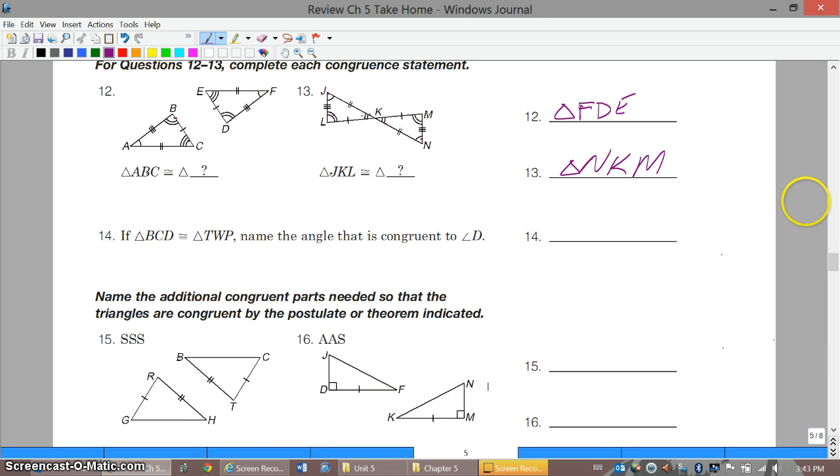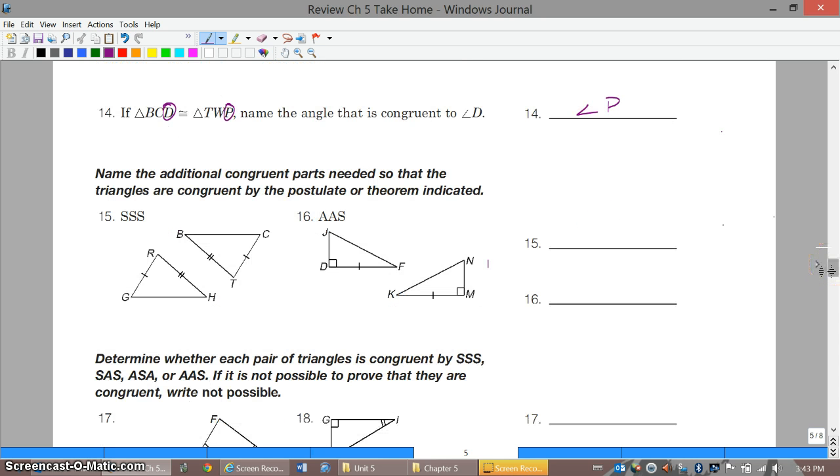If triangle BCD is congruent to triangle TWP, name the angle that corresponds to D. Well, D is listed third, so it'd be P. You could draw the triangles too, if you wanted. If it's a congruent statement, the ordering matters, and that shows which vertices are going to be congruent to which vertices anyways. Additional parts, SSS, well, GH. It says